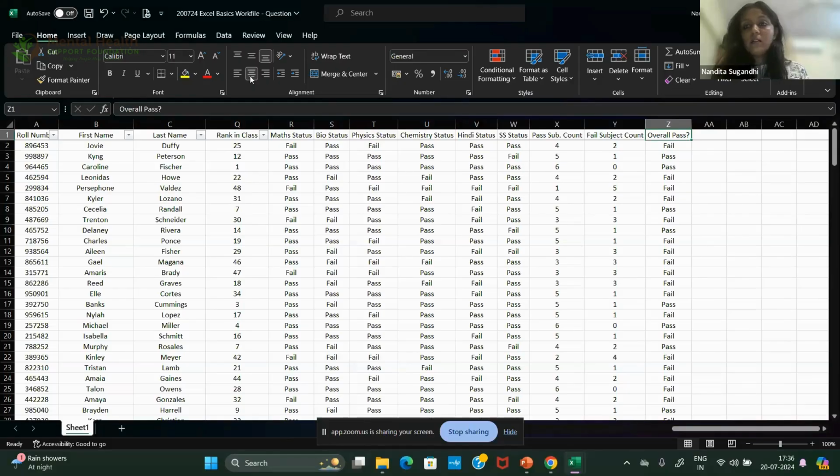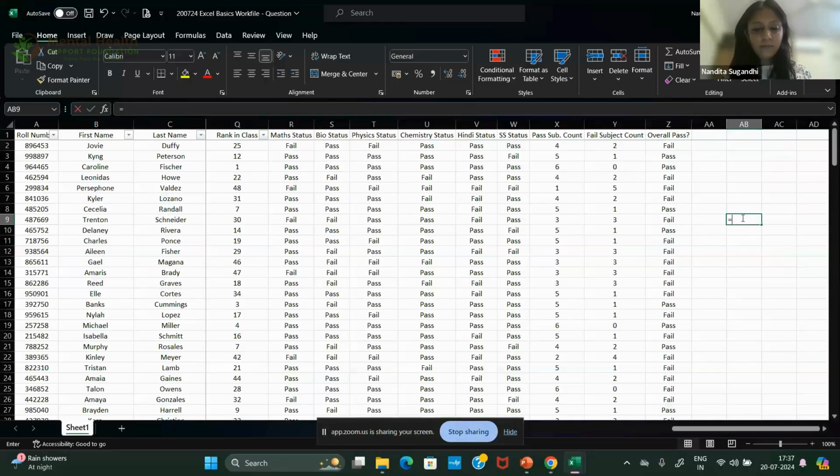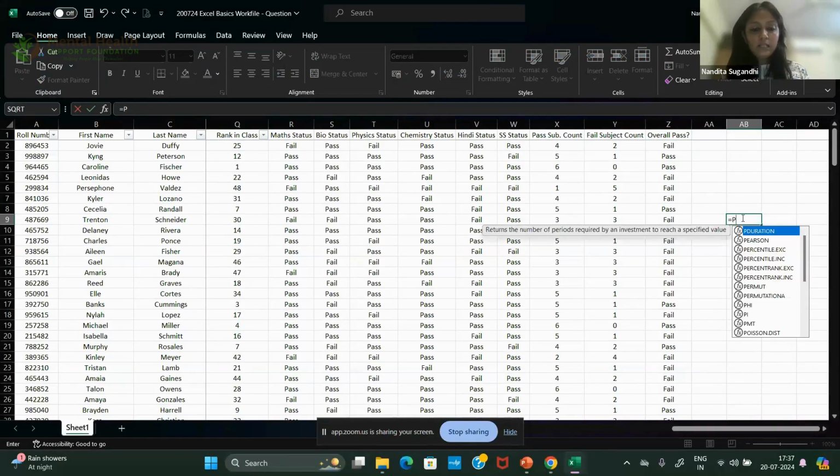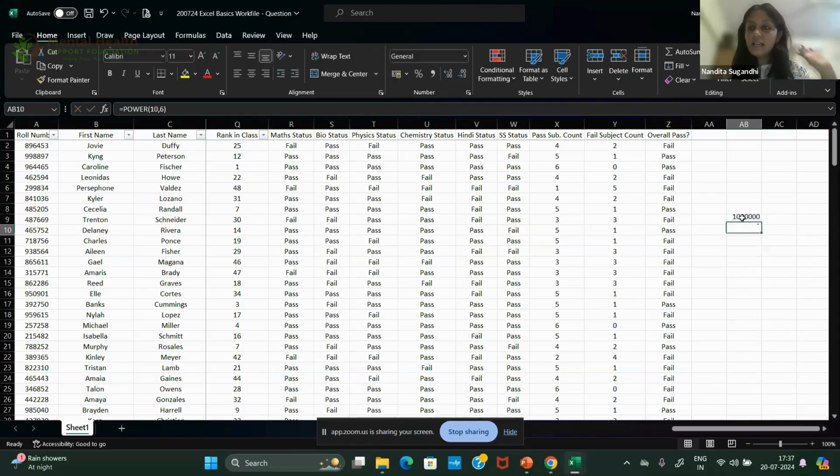Okay. Now, from what we wanted to do, we have done sum, min, max, average, countif. Power is very easy. I'll just show you one example here. Equals power 10, 6, it will give me 10 into 10 into 10 into 10, 6 times.